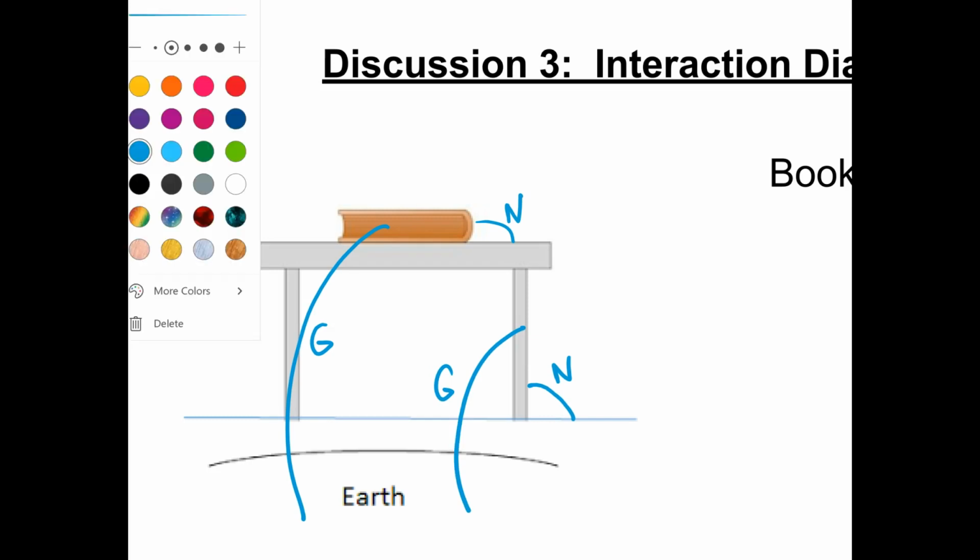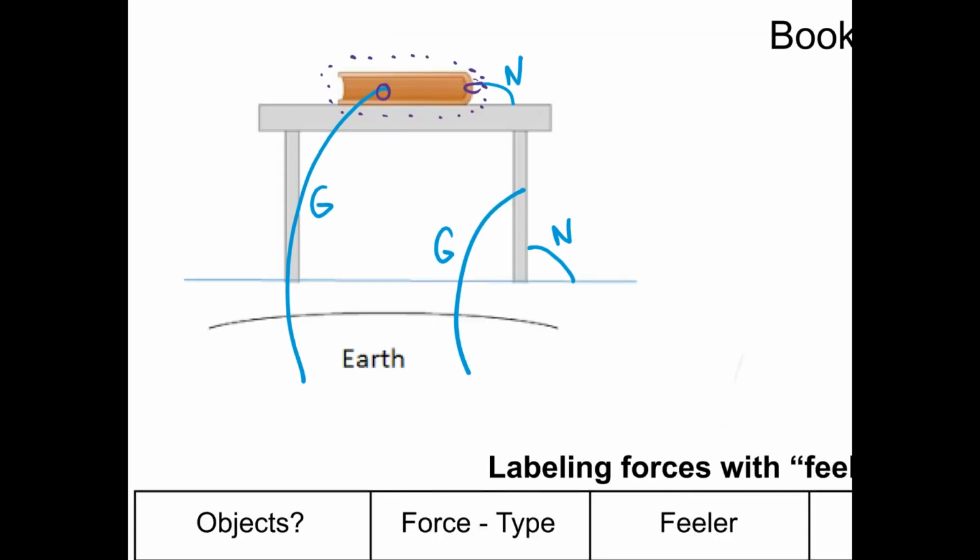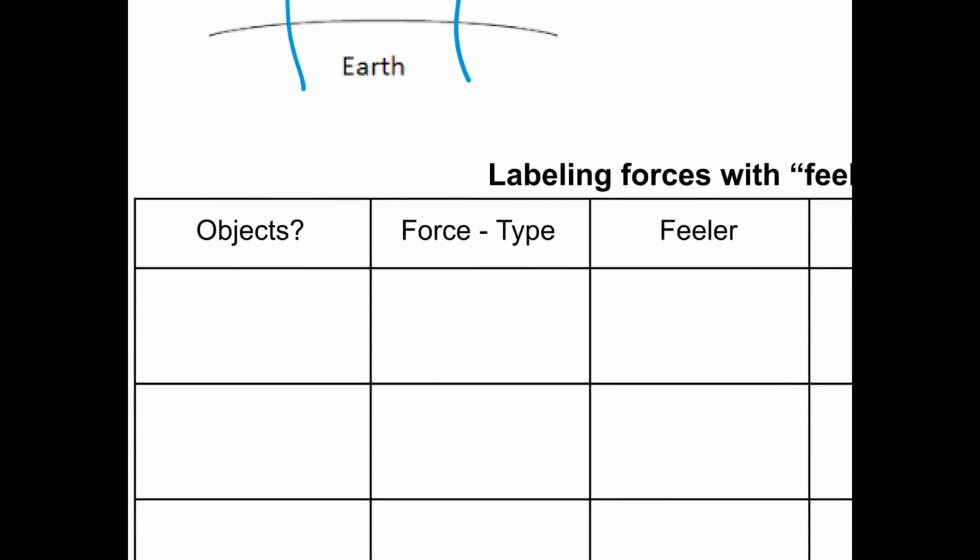So for right now, what we're going to do is just focus on the book. We're just going to look at the things that are interacting with the book. So I see that there's an interaction here and an interaction here, so it looks like it's just two interactions. All right, so we're going to fill this table out, and make sure you fill it out with me. All right, so we have the book